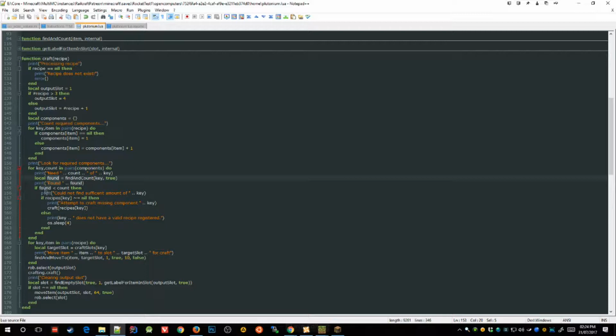And then here we test how many we found. If that is less than what we need in total, so for example 238, we need 6. If we find 6 or more, we will skip this part because we have enough. If we find 5 or less, that means we don't have enough 238 to complete the recipe. So then we will go into here,